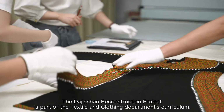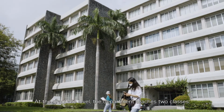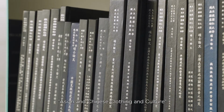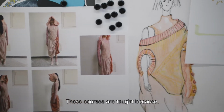The Dajinshan Reconstruction project is part of the Textile and Clothing Department's curriculum. At the graduate level, the department teaches 2 classes, Asian and Chinese clothing and culture, and Taiwanese clothing and culture. These courses are taught because